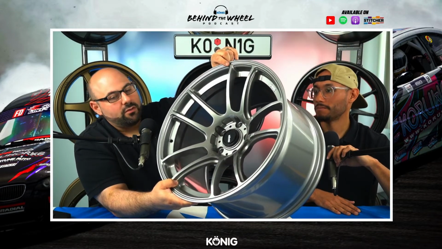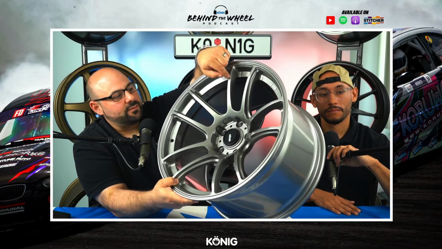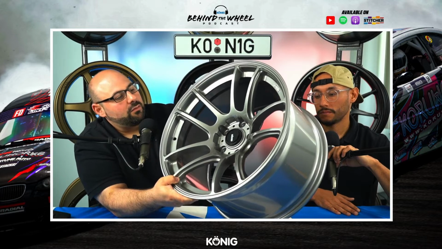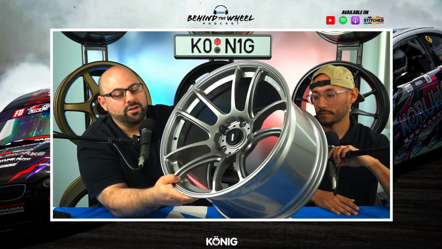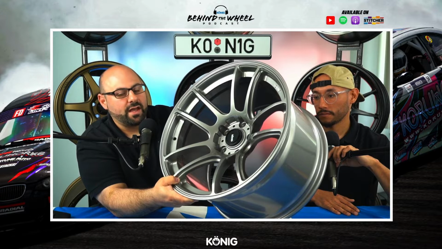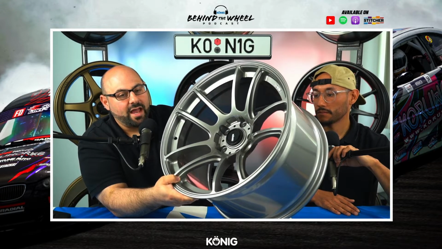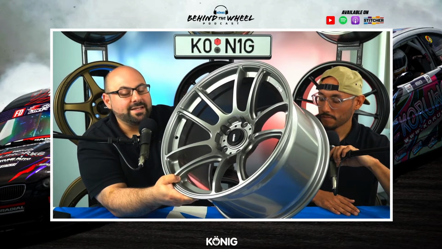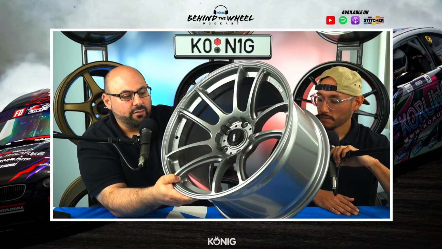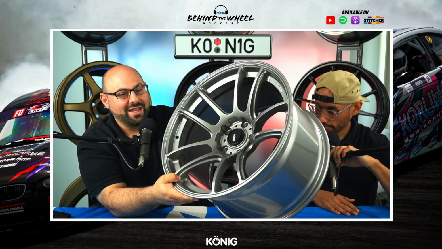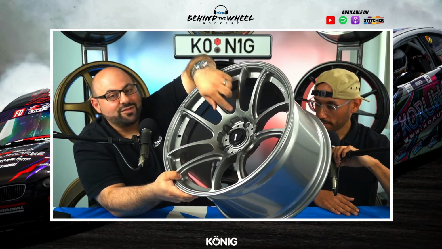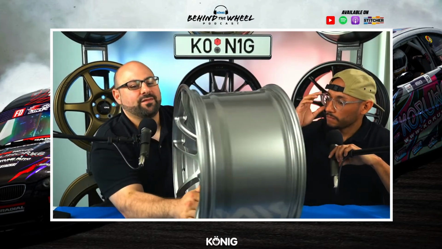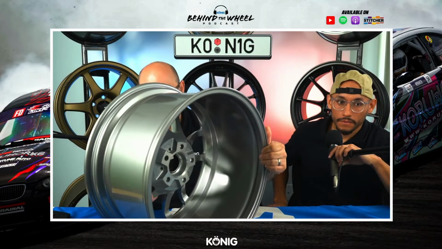So the spoke starts here, and then makes a solid bend down into this area. Now, that concavity is fine when you have a wheel that's at a 20 offset, say an 18 by 9.5 or a 19 by 9.5 at like a 20 offset. In an 18 by 8.5 at a 43 offset, this drop is almost half the wheel. And so what ends up happening, from the inside, you can see,